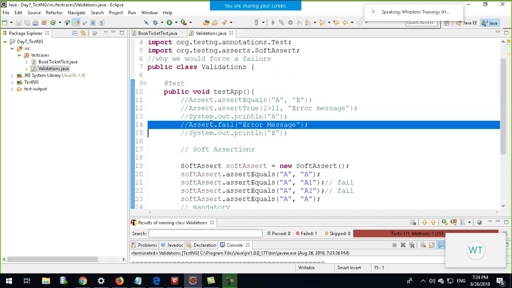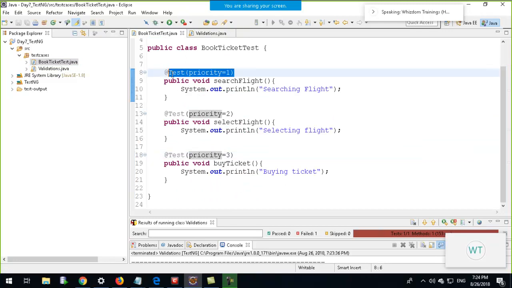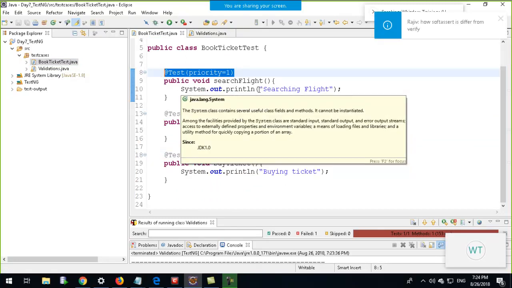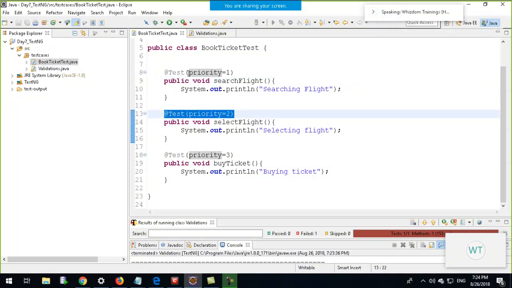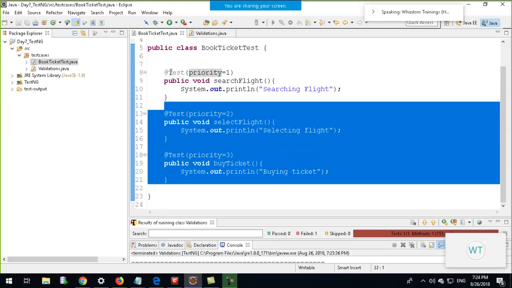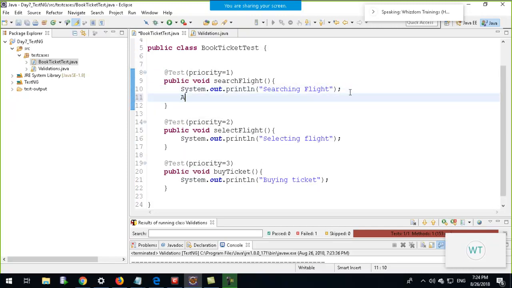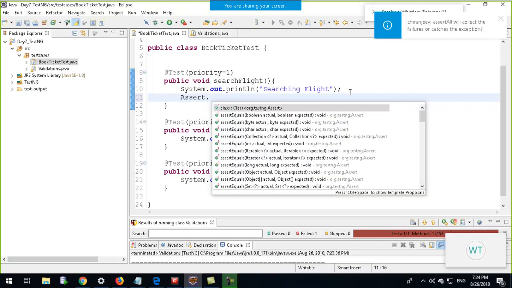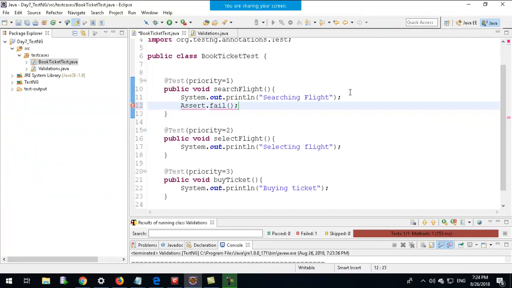The earlier assertion is something which will stop the program from executing. Okay, right. Now suppose you are running the test cases. You have this @Test annotation priority 1. It is similar to verify. So these are test annotations. And suppose we have an assertion failure out here. If I put an assertion, assert dot fail,